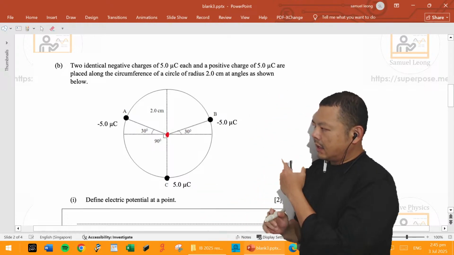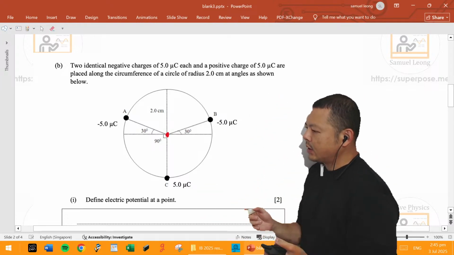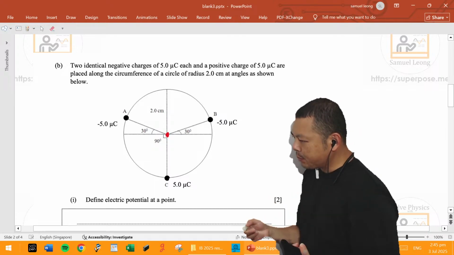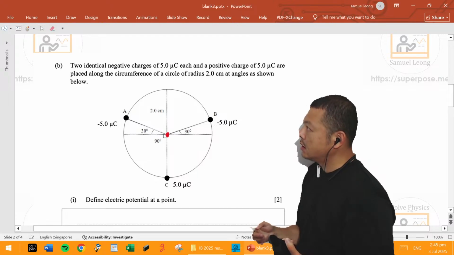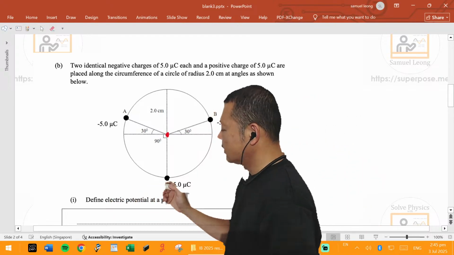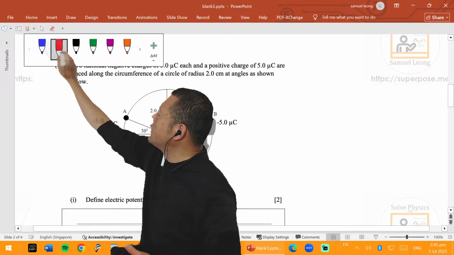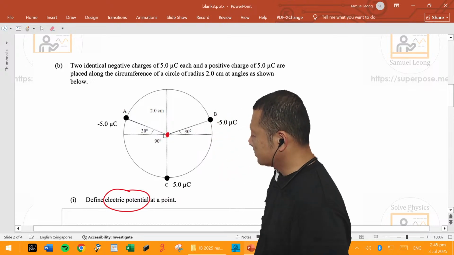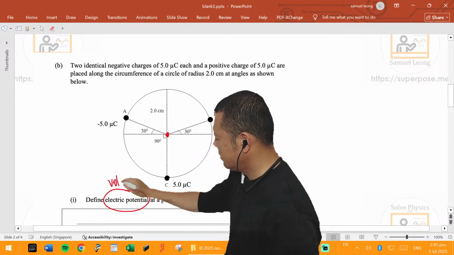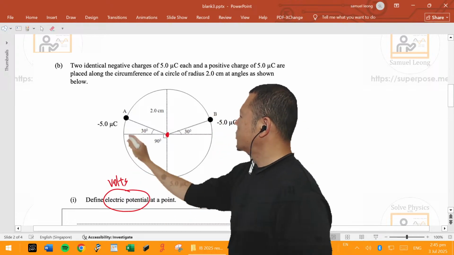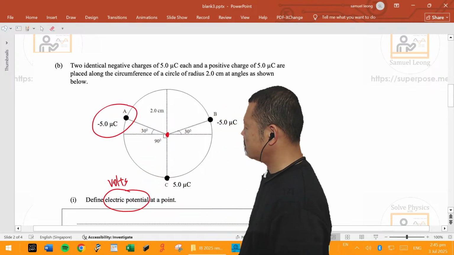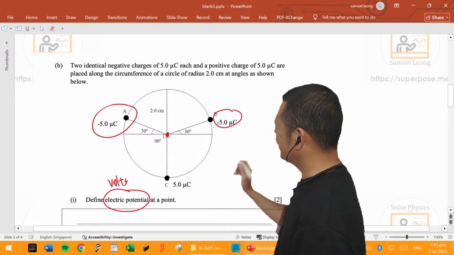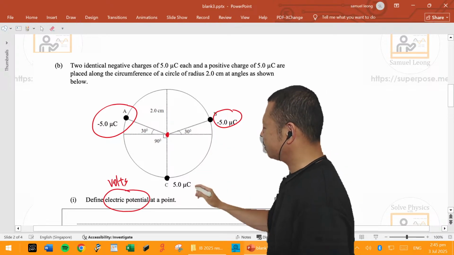Okay, so here's the thing. That's why I say the answer key, sometimes you look at it and it doesn't really make sense. So let me explain what's going on here. What's electric potential again, Jillian? Yeah, I know that's the definition, but don't give me the definition. What's your understanding of what electric potential is? Volts, right? Remember, it's volts. So a negative charge will give you what kind of volts? Negative volts. Positive charge will give you positive volts.